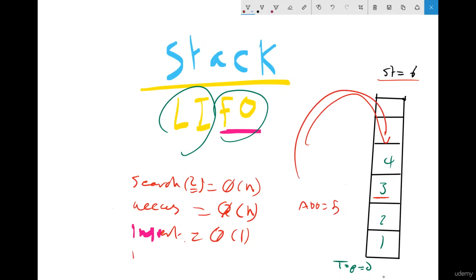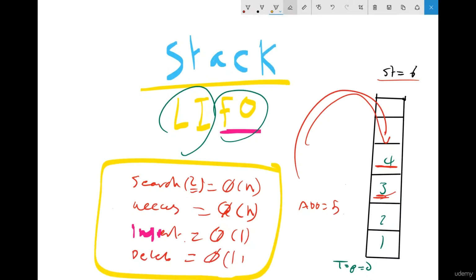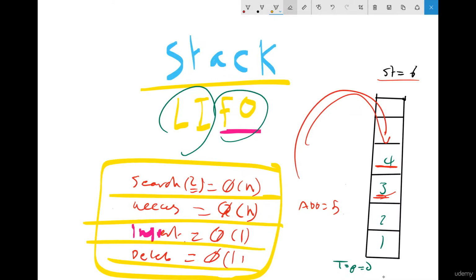So it takes O of 1. Delete is the same thing. When you delete, you can delete only the last element, so you delete this one, then this one. So it takes O of 1. So this is the big O notation for a stack. See search, access, insert, delete, and see how the stack is working. So now next, when you see